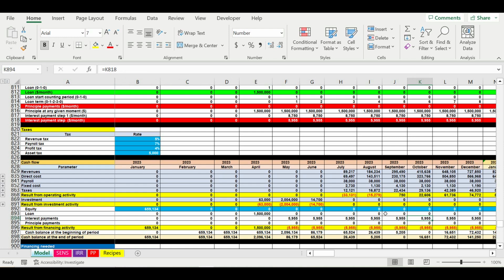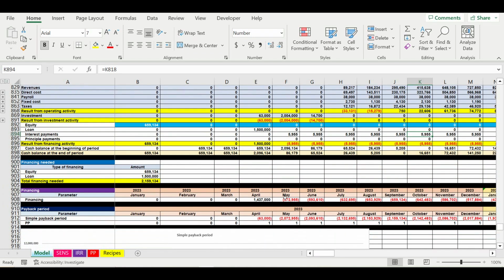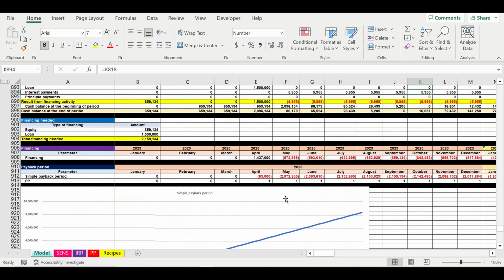And this is also a very important moment when they rethink not the business concept itself, but the way they want to finance their future business idea, because they see the cash flow statement, they see how their loan payments affect their